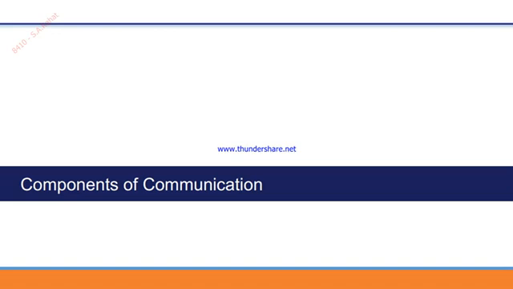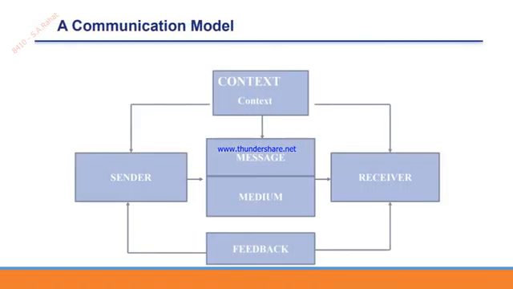So there should be an exchange of ideas and or information. It means that a receiver also gives feedback to the sender in response to the process of that communication. So the components of communication include six components, which are context, sender or encoder, receiver or decoder, the message itself, the medium through which the message is transmitted